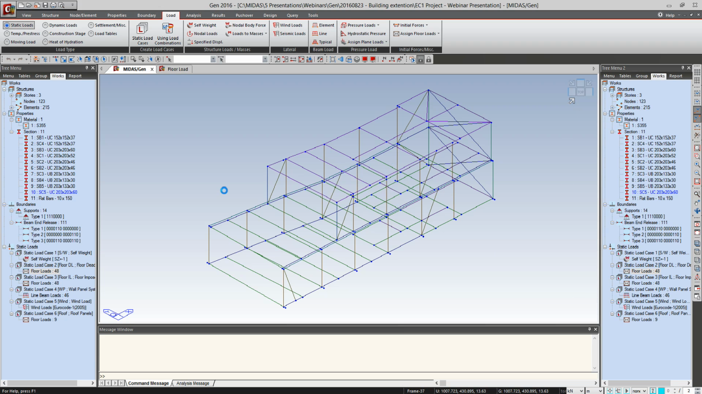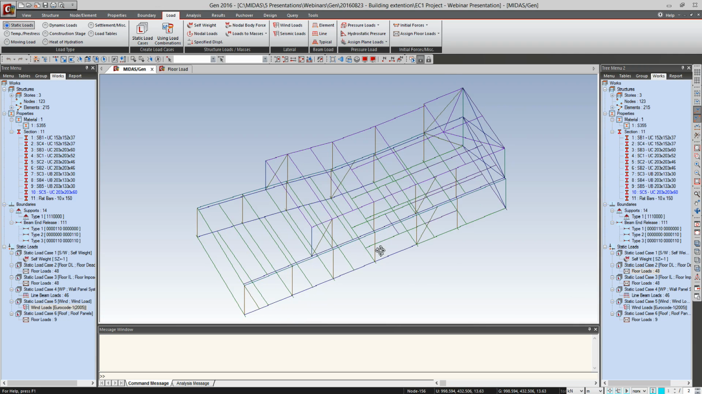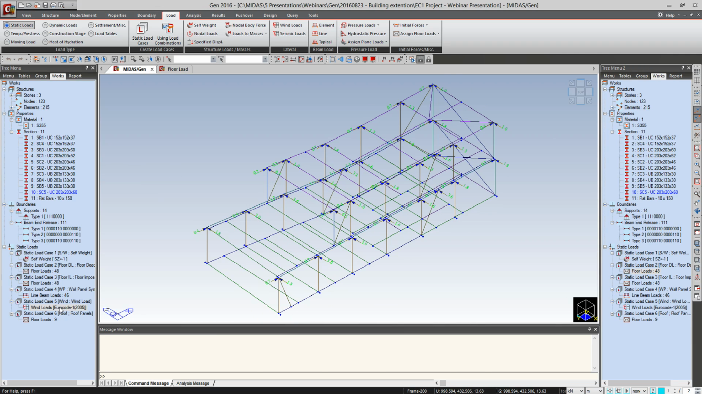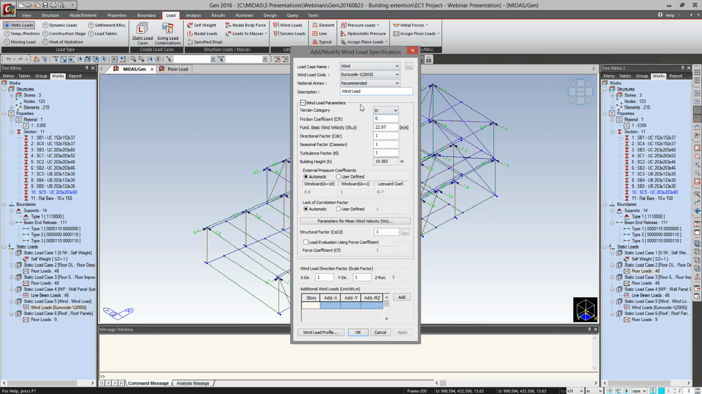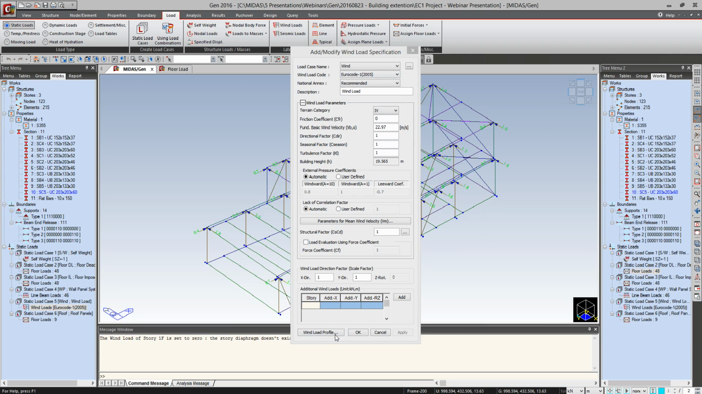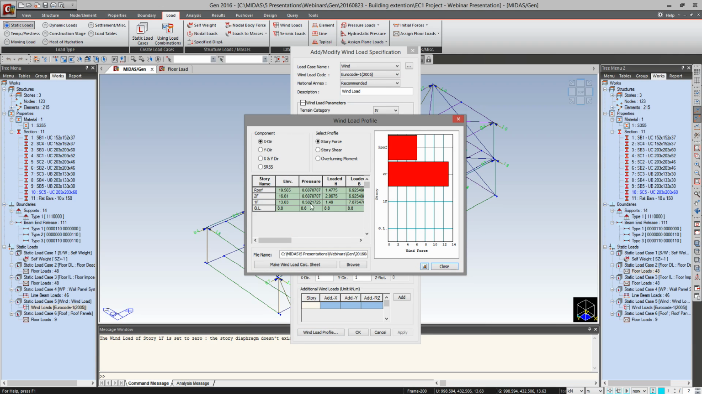So here we can see the wind load added as per the Eurocode. The wind load, again, as mentioned before, considers all the information as per the Eurocode. We can choose the terrain category, friction coefficients, direction of the wind, and everything is as per the Eurocode. We can also see the wind profile for each level,